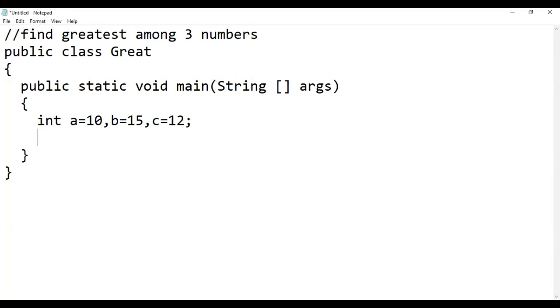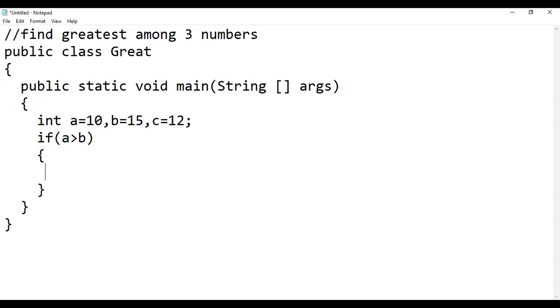So firstly, we will check a condition like if statement, A greater than B. This is the block of the if statement. For example, A is greater than B, like we have A 20 and B 10.